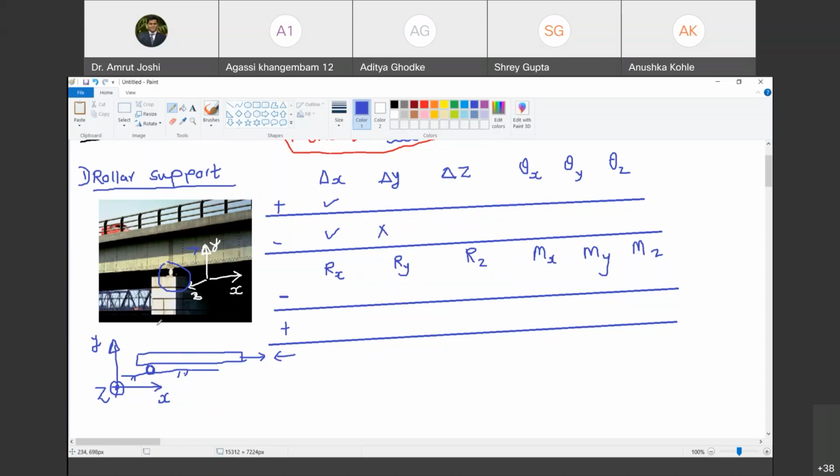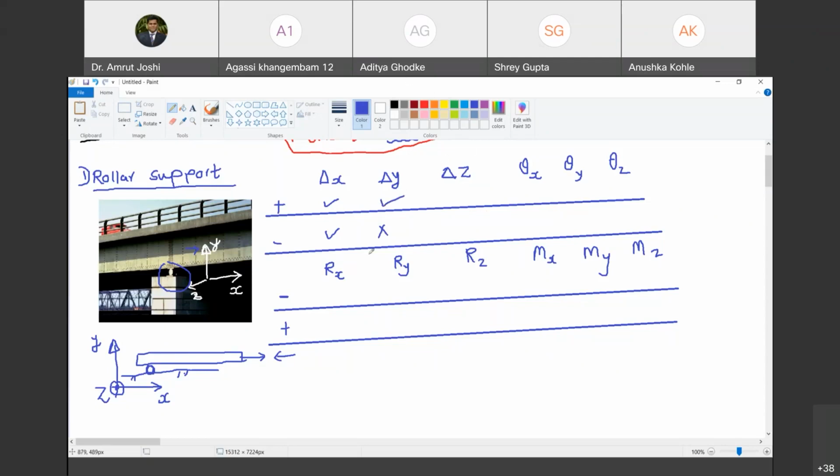But if I try to lift this notebook up, is it possible? If the weight is not that heavy, then we can lift up. No, no, no. External agency is strong enough to lift it. But is the support going to allow that? Yes, sir. Support will allow you to lift it. There is no restraint. There is nothing to pull this notebook down. So if you try to lift the notebook, that is easily possible. Are you with me? Yes, sir. Okay. So delta y positive is possible.